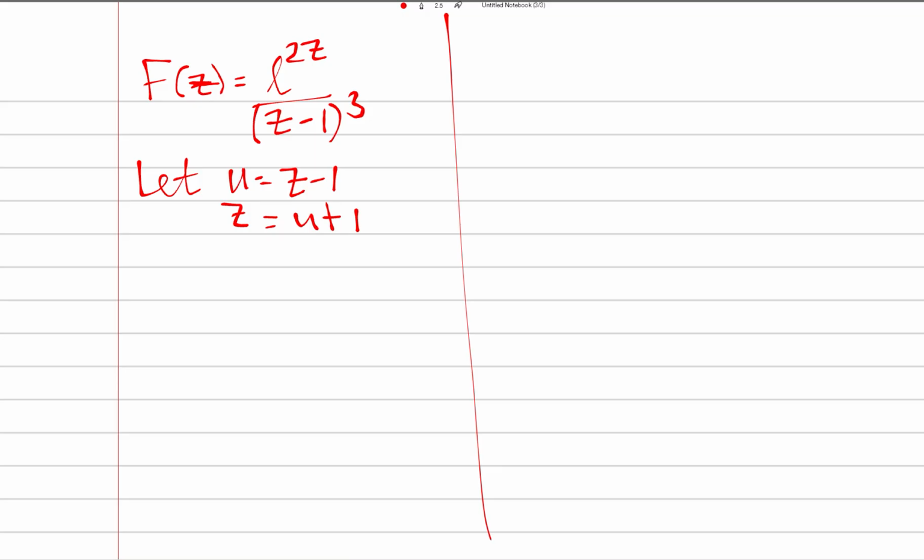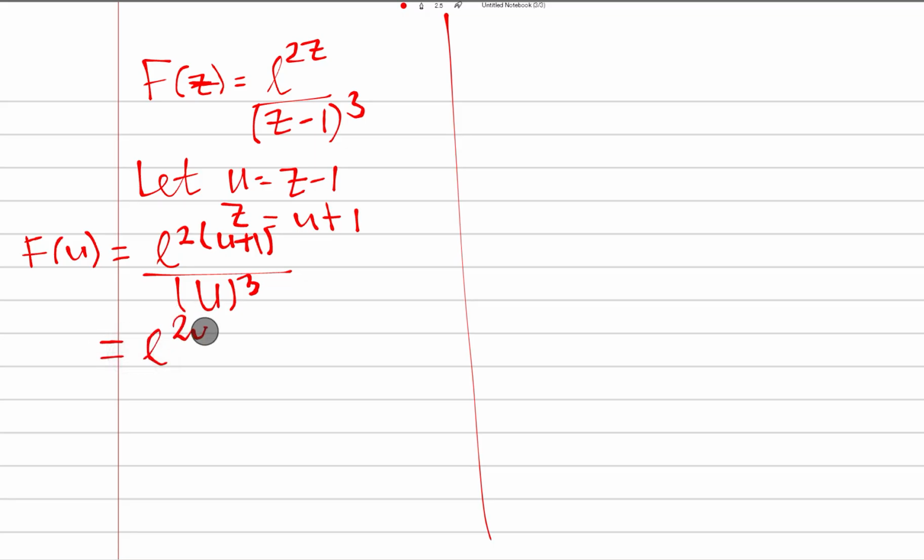I'll now come back to my equation f of z and write f of u. Instead of writing z, I'll write u. So f of u will be equal to exponential 2 times, what's your z now? Your z is u plus 1. So this is 2 times u plus 1, close the bracket, all over z minus 1, which is u raised to power 3. All right. So after that, let's apply indices to the numerator. That will give us exponential 2u plus